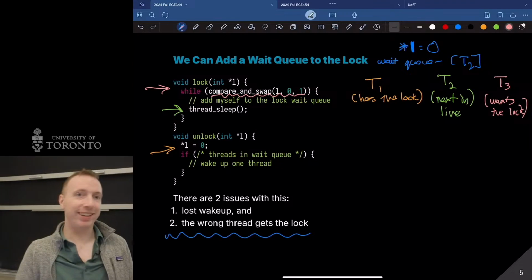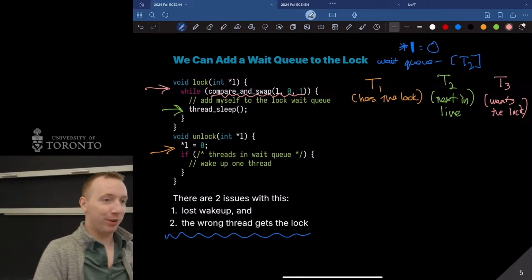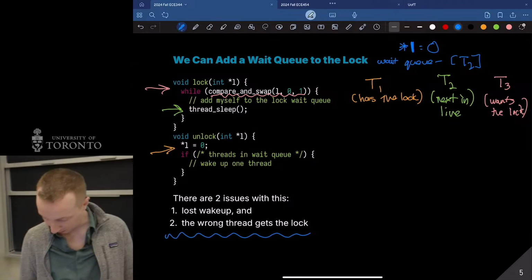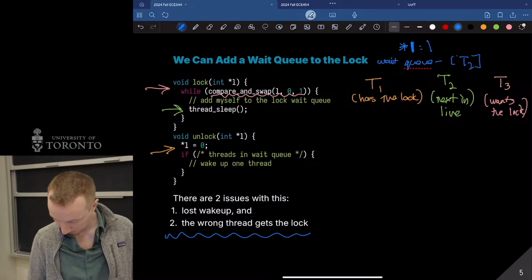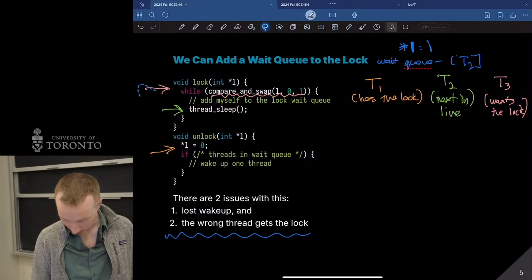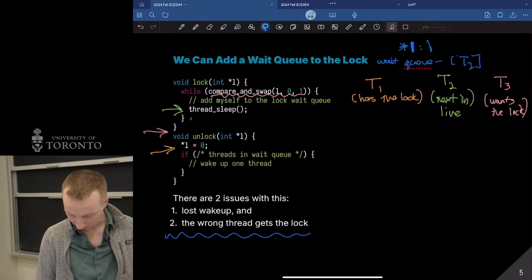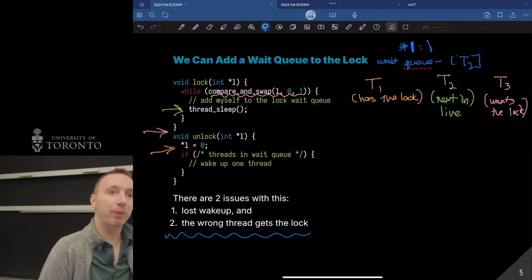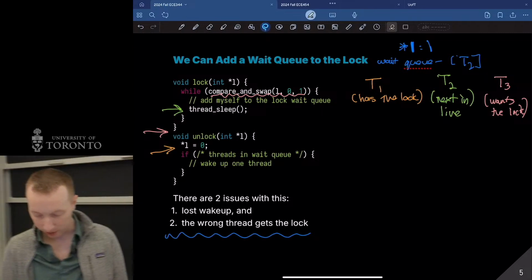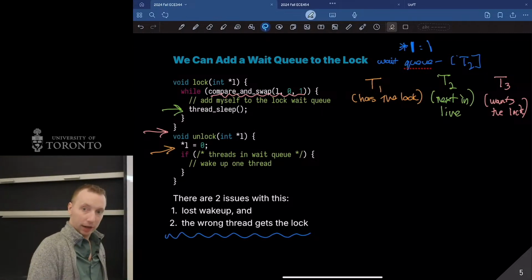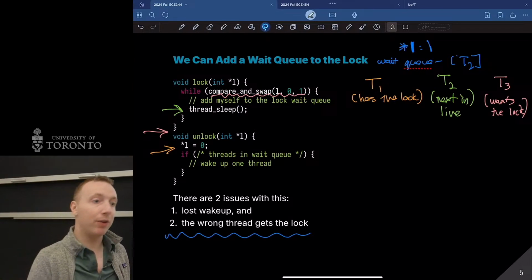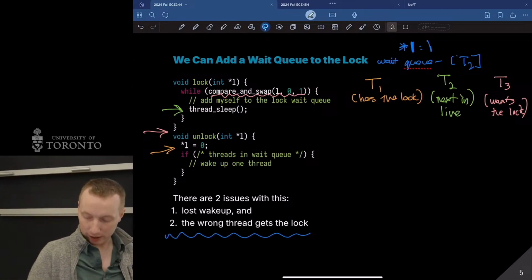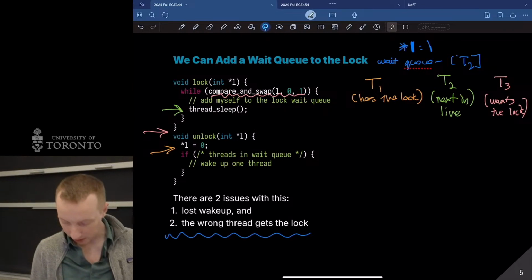Hey, great, the value of the lock is 0. So I just change it from a 0 to a 1. And now thread 3 has yoinked the lock. So now thread 3 has acquired the lock. Now what's going to happen, nothing bad is going to happen past this other than thread 3 yoinking the lock, because if thread 1 continues,